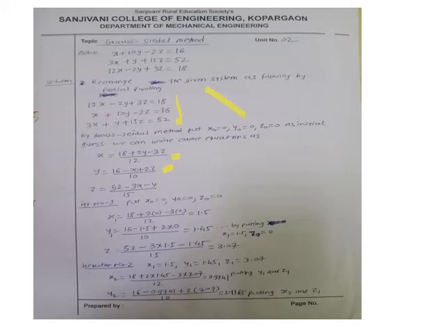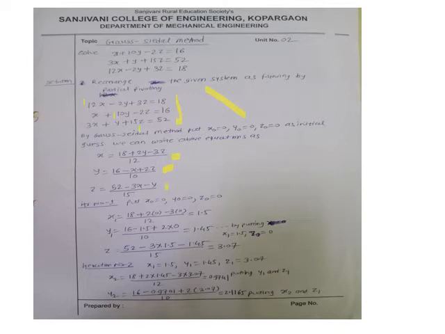Now what is a diagonally dominant matrix? It is a matrix whose diagonal elements are maximum in the corresponding row. Here you could observe that 12 is maximum in its column, 10 is maximum in its column, and 15 is maximum in its column. So this matrix becomes a diagonally dominant matrix. This is how we have partially pivoted this matrix. With the first equation we can write x, with the second equation we can write y, and with the third equation we can write z.